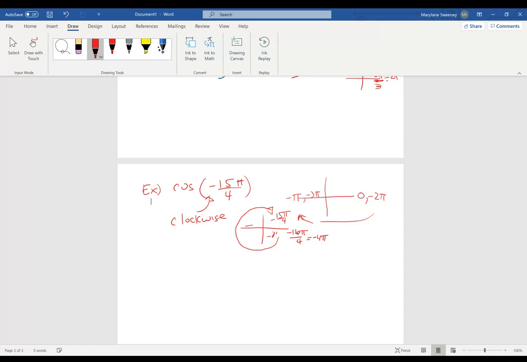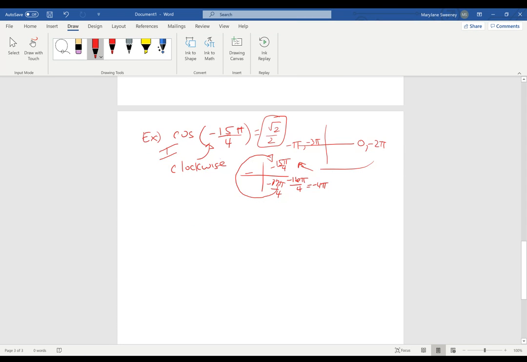Negative 17 pi over 4 is here. So negative 15 pi over 4 is a first quadrant angle, which means it's positive, and cos of pi over 4 is radical 2 over 2. So again, you're going clockwise with the negative angle. Now, to talk about how we handle